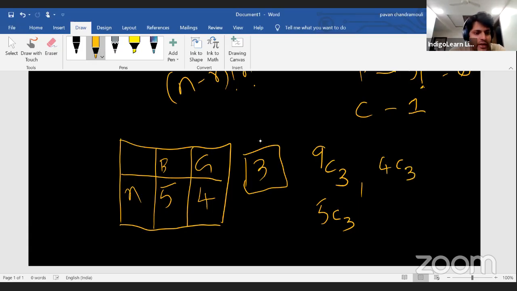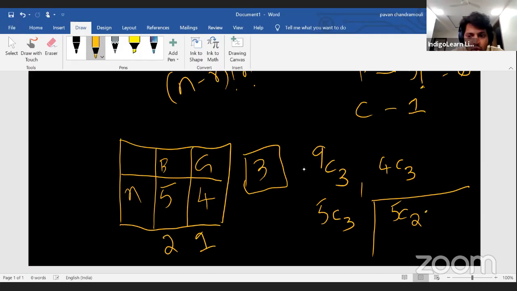So you might ask me, what if I want to use a combination of a boy and a girl? Let us say I want to select 2 boys and 1 girl. So since from a pool of 5, you are selecting 2, I will write 5C2. And since the problem is complete only if you select all 3 people, and now you have selected only 2, you have to select 1 more girl, 4C1.